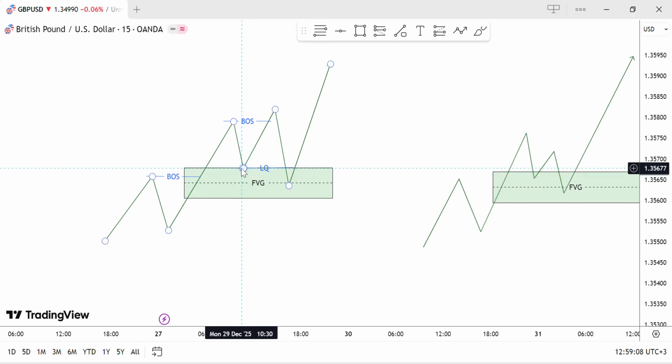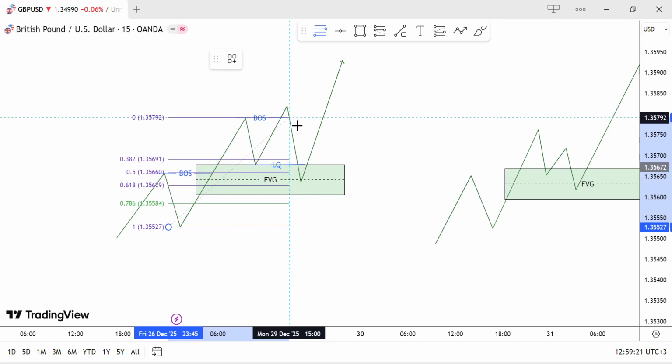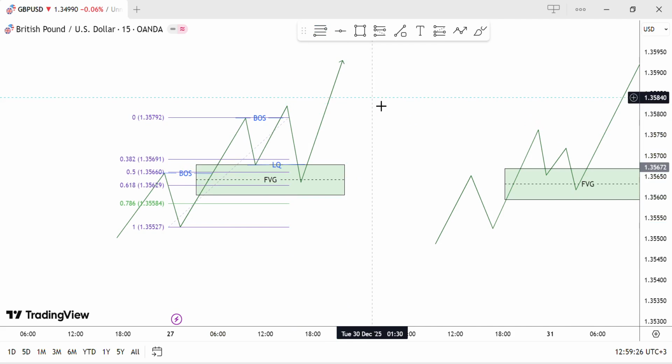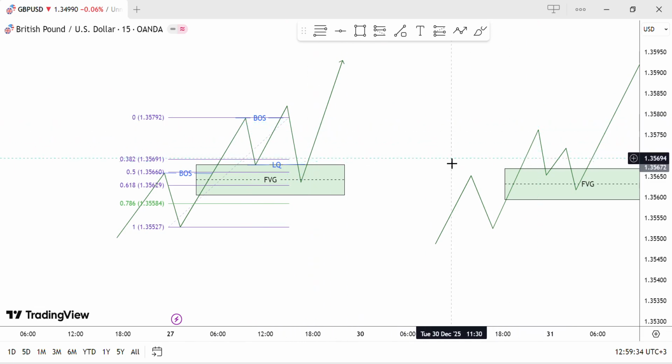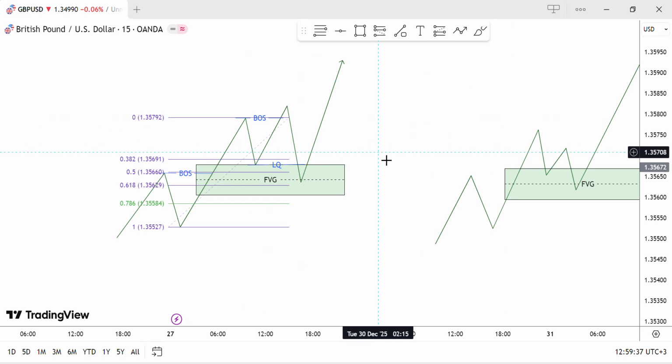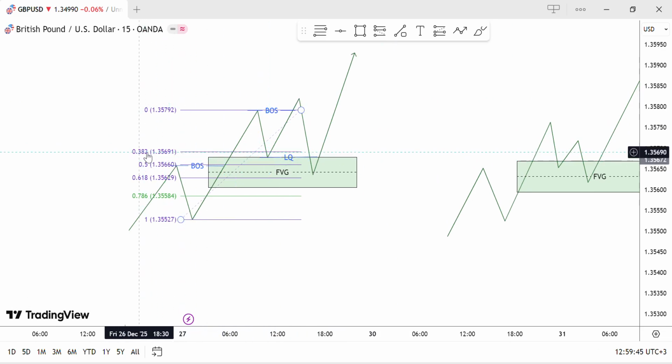So what we expect the market to do, first you have to know if it reached the discount area or not, and that one you do using the Fibonacci. If you don't know about Fibonacci, it is a tool in TradingView, you can find it there. It helps you to measure to know if the price has reached discount or premium level depending on the direction of the market. So here we have the price coming, it reached 38%,